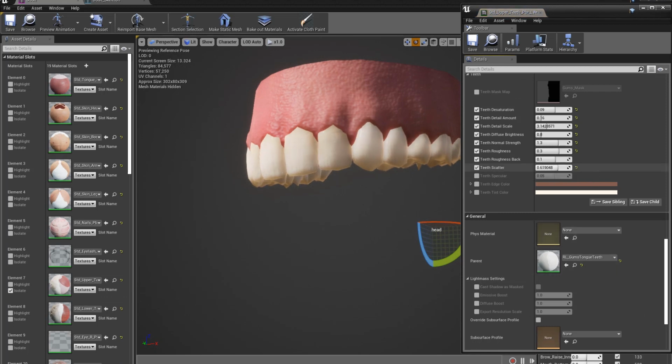You can see right there, you can make them more transparent. It's almost like a subsurface scattering in a way. And we'll just leave that value at 0.75 there. Okay, just tweak that. And finally, teeth specular is the last one we're going to take a look at for